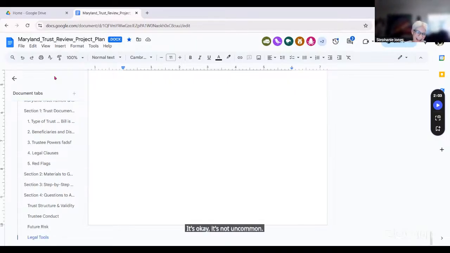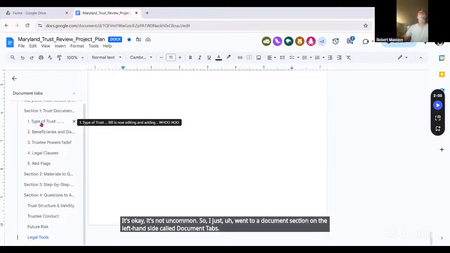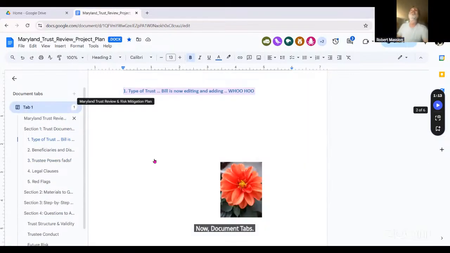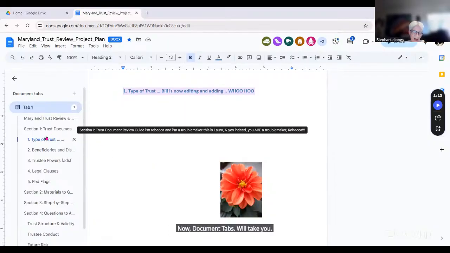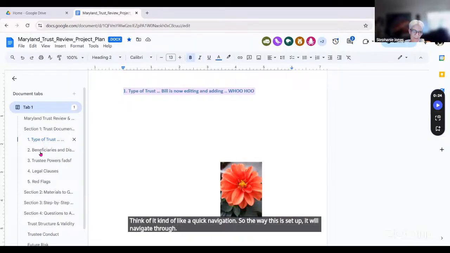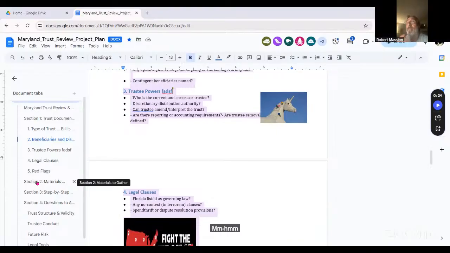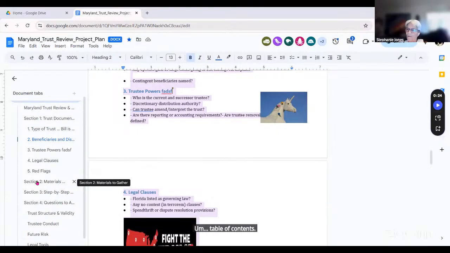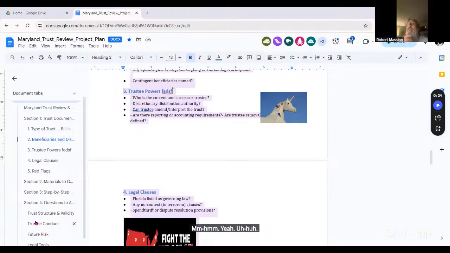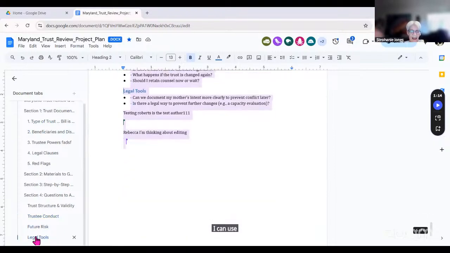So I just went to a document section on the left-hand side called Document Tabs. Now, Document Tabs will take you, think of it kind of like a quick navigation. The way this is set up, it will navigate through the document based on me clicking. So think of it like an interactive table of contents. Is that a good analogy? Yeah. So rather than having to scroll through or look for something, I can use my setting of tabs,